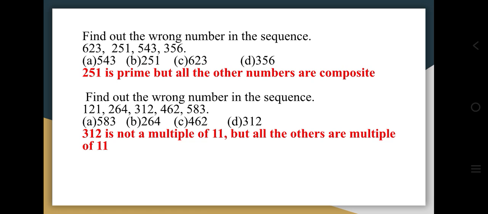First, find out the wrong number in the sequence: 623, 251, 543, 356. In such problems, we have to look into the pattern and identify the term which does not follow the pattern of the series, or we have to look into the nature of the numbers given in the series. So here,